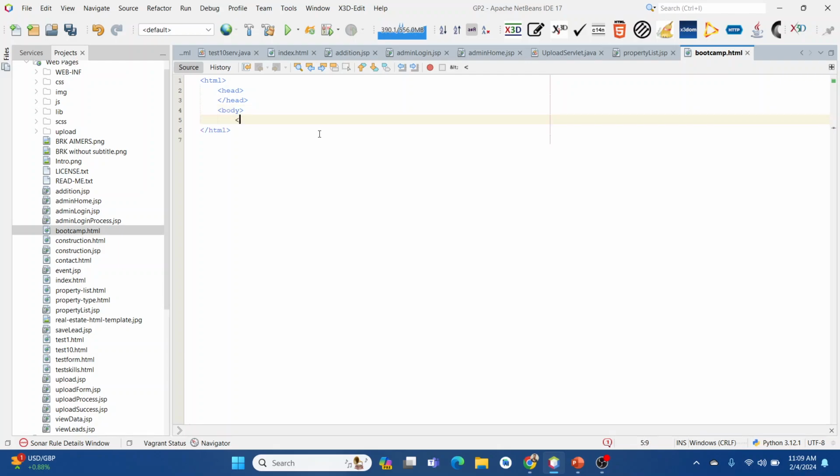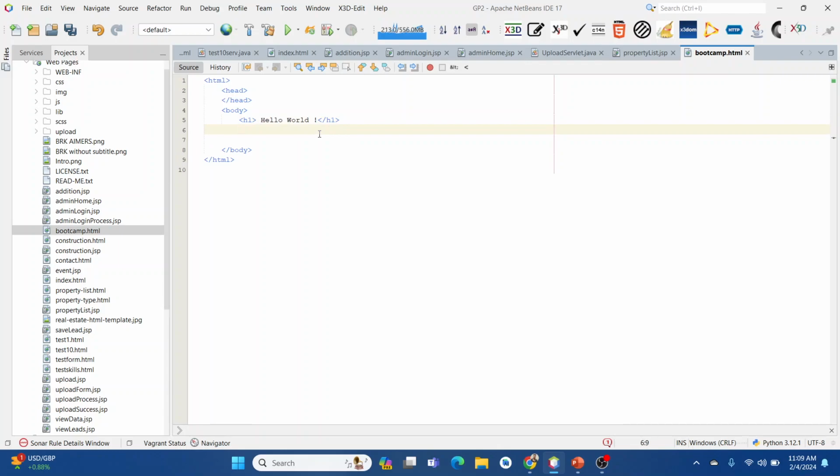In the body, if you want to write something in that HTML page, you can write it with all different headers. So h1, let's say hello world, and you can close the h1. H1 is header one, and they have different font sizes. If we execute the same thing till h5 or h6, you can see the basic difference. H2,